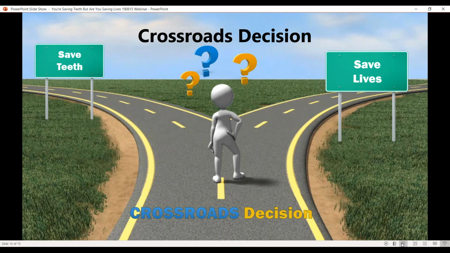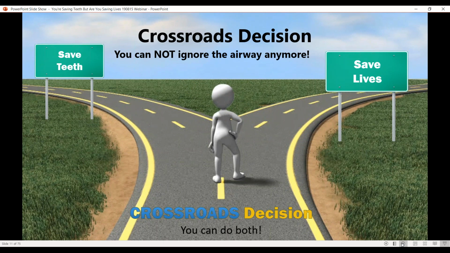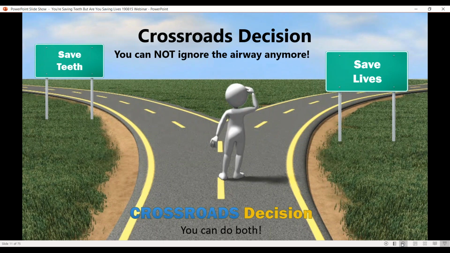One of the things, when I teach these courses and you teach these courses, Rich, I think one of the biggest objections people come up to me with is, well, yeah, but I'm a dentist. I need to focus on teeth. And I've even heard that maybe these devices can hurt teeth at times. And I want to stay in my little comfort zone. So they kind of are feeling like there's a battle between, am I supposed to save teeth or save lives? And the short answer on that is, if you understand the airway and the impact that it has,